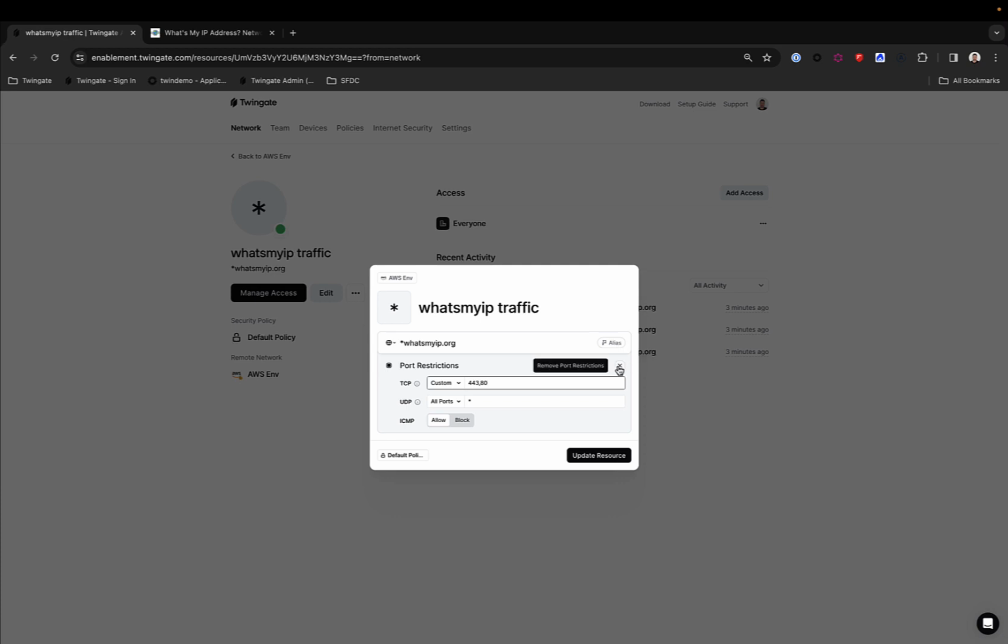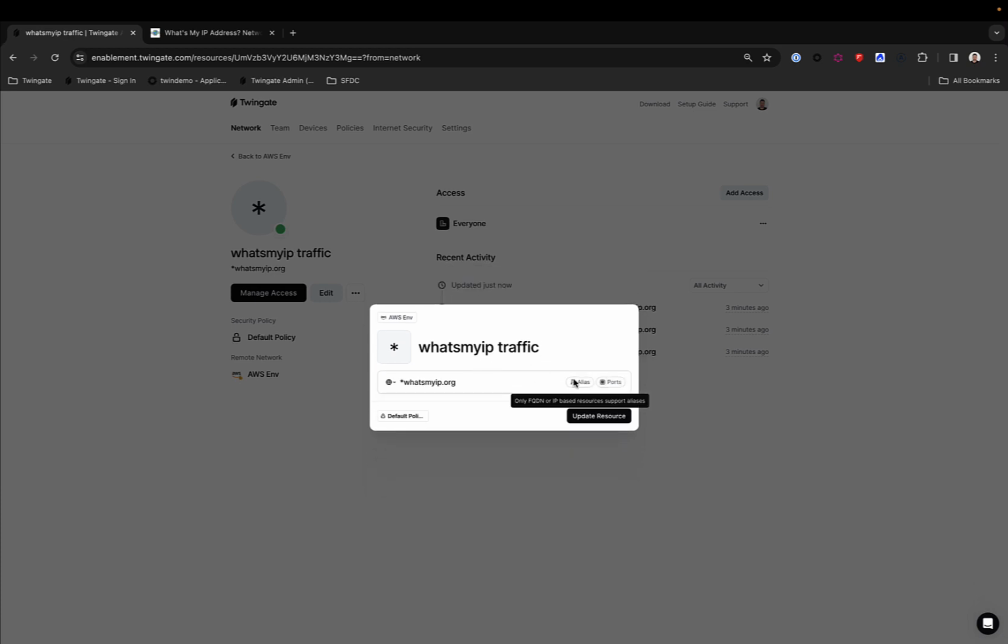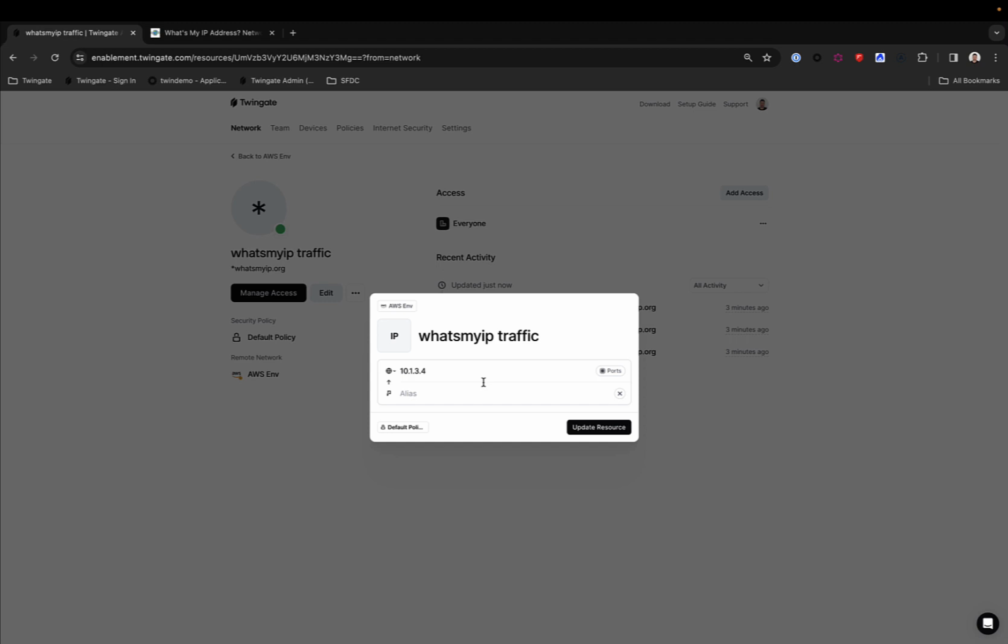The very final thing to mention is the presence of an alias, which only applies to either fully qualified domain names or single IP addresses. But let's say that you didn't have an internal private DNS and you wanted to make it easier for your users to connect to your private IPs without a DNS, you could define an alias, server1.int, for instance, so that when a user tries to connect to server1.int, it actually uses this IP, but the user doesn't have to remember the actual IP address. So you can add aliases to your IP addresses,